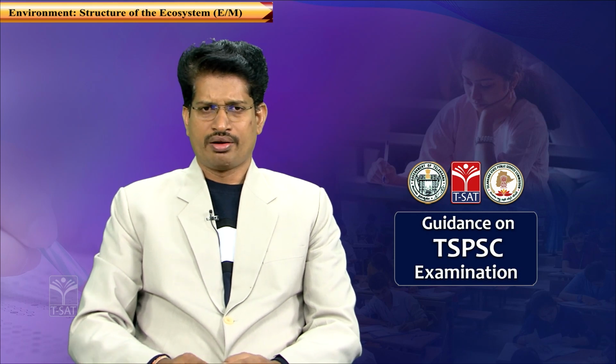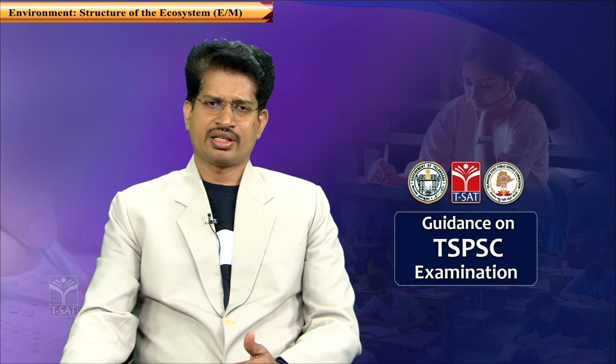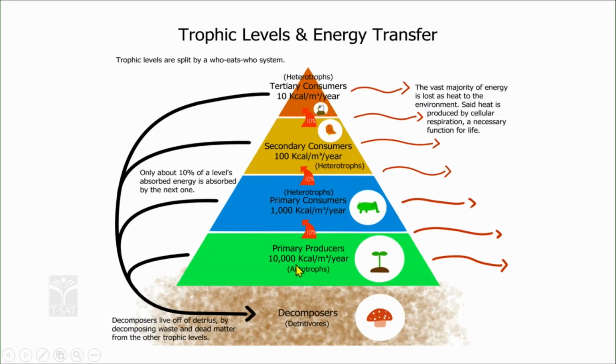So here, the amount of energy, for example, 10,000 kilocalories, which is being given here in the projection at trophic level 1. By the time it has gone to trophic level 2, the energy has been reduced to just 1,000 kilocalories. See this, on average, it is just 1,000 kilocalories of energy being transmitted. The rest of the 9,000 kilocalories of energy is being used to maintain the system. By the time it has gone to trophic level 3, it is just 100 kilocalories. Next, to trophic level 4, 10 kilocalories.